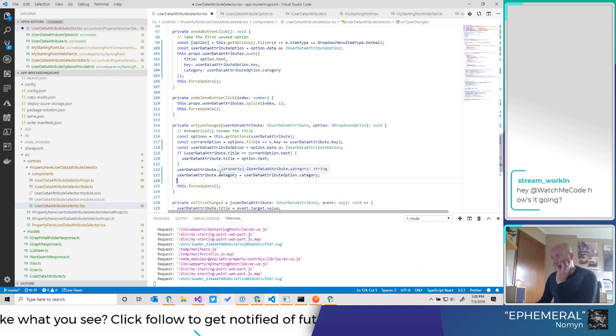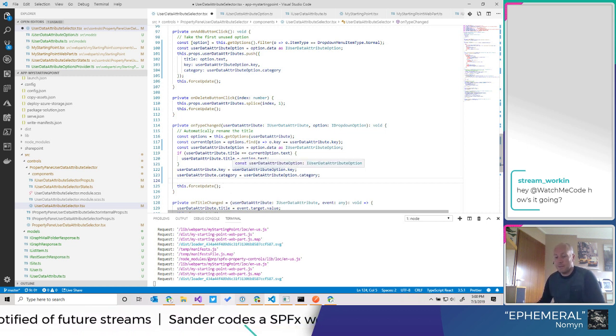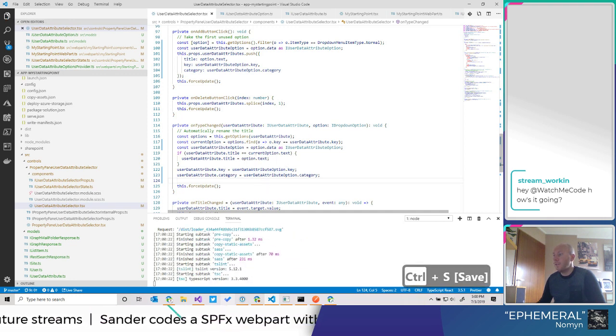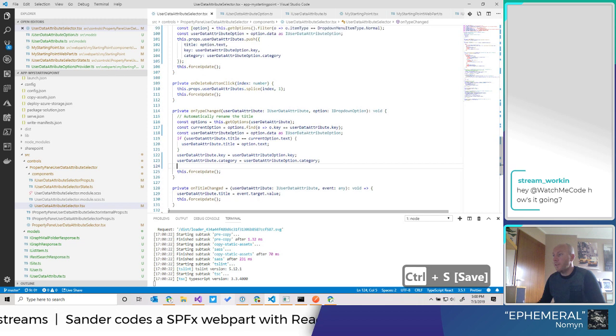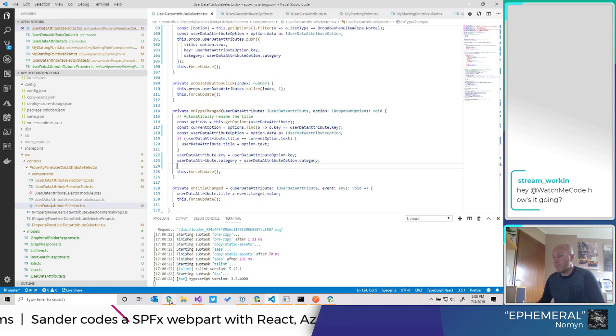So now we override it. So if the title is identical to the current option text, we change it. Otherwise, the user has changed it manually, and we don't want to override it. Okay, this should at least change the category for us.